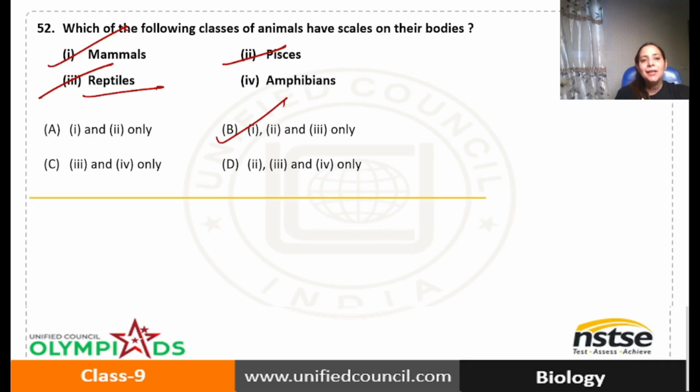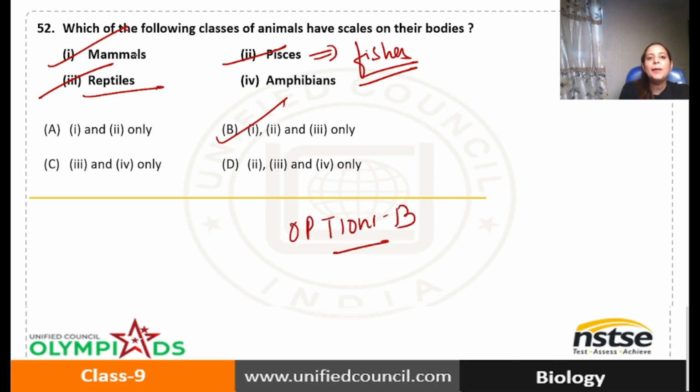So that is the reason it makes reptiles different from others. And if I talk about this, which organisms fall in this category? Fishes fall in this category. So basically here also they have got scales over their body. You know that fishes' bodies are covered with scales. So which option is correct here? Option B is correct. And a few of the mammals also have got scales.